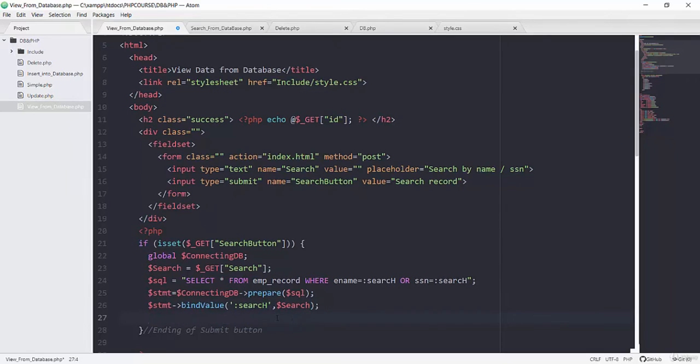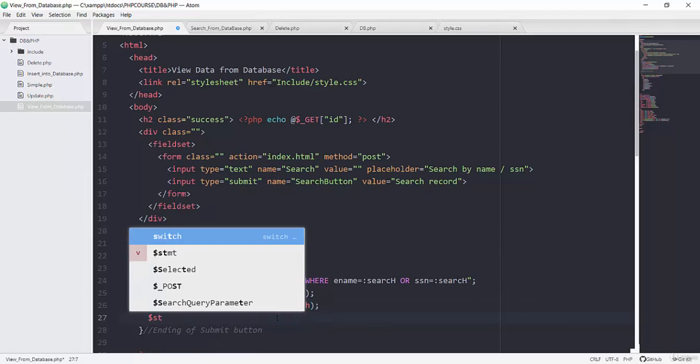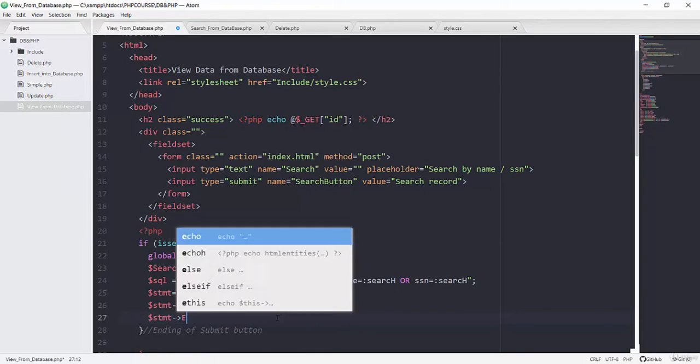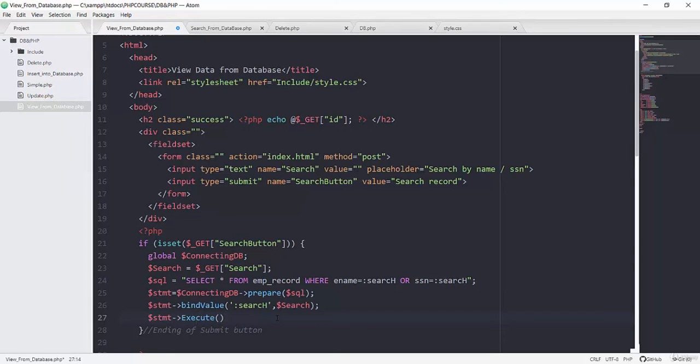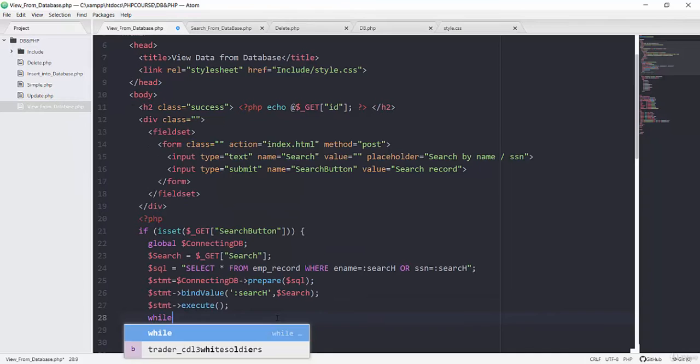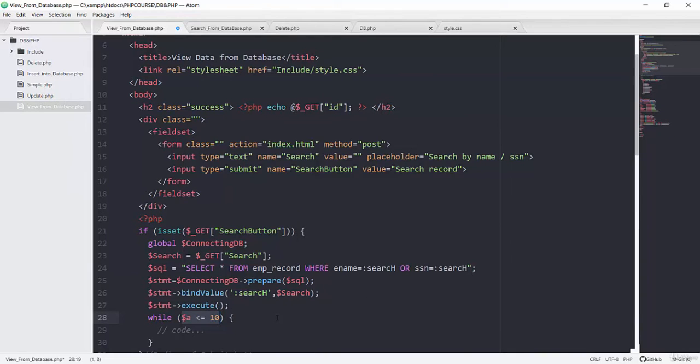Then on the next line we will execute our query, so calling the execute method with the smaller e at the beginning. Then on the next line we will have our while loop, in which we will have